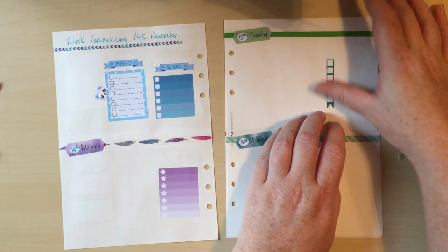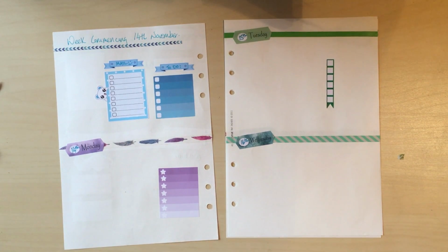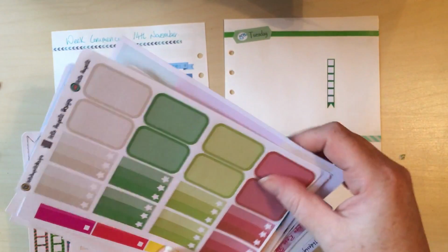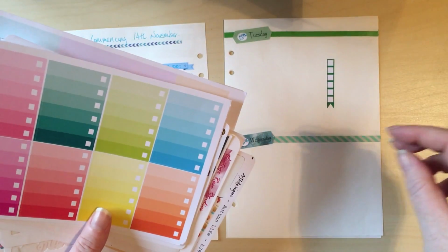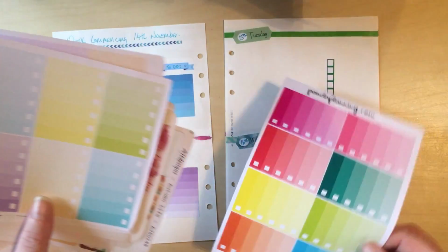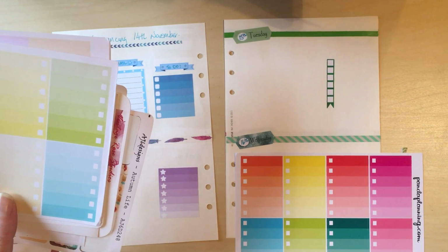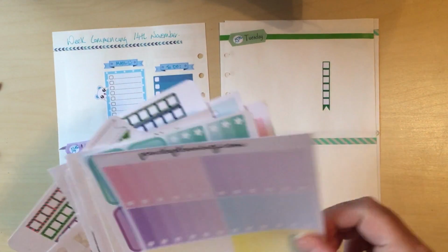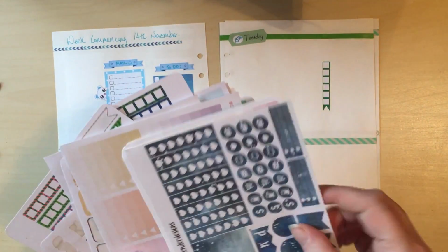And I tend to do it this way. I don't tend to do everything day by day necessarily, because I figure whilst you have your stack of to-do lists and checklists out, you might as well go for it. Wednesday here, sorry, I'm looking for a nice blue to go with my Wednesday. Oh yeah, I like that bluey green. Maybe. That bluey green. This is my stack of...